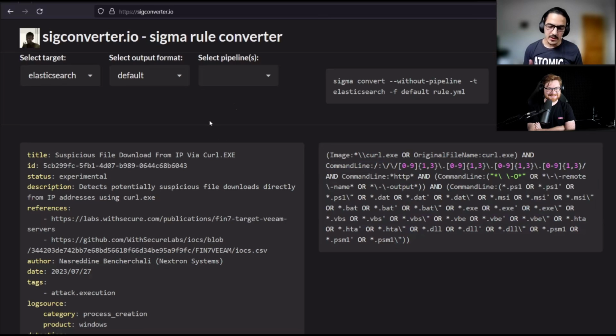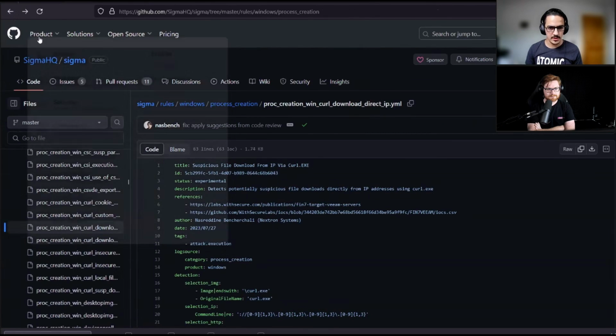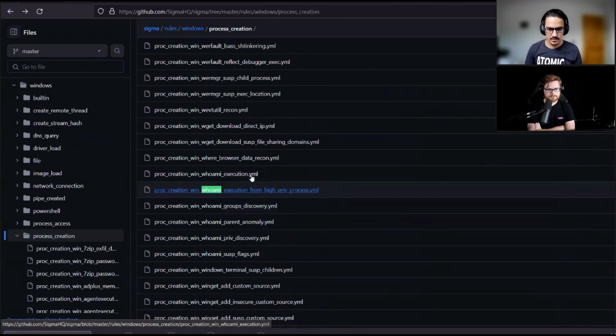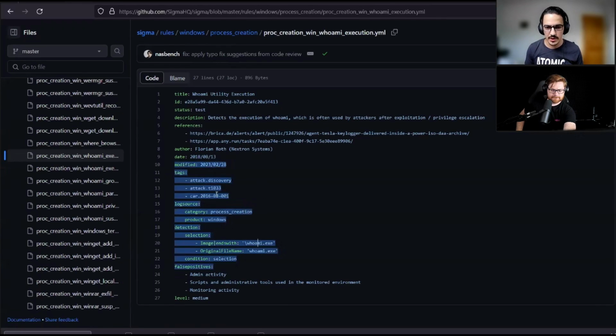Okay, so basically you can also test it locally. Say you're doing some research or some cool stuff. What you might want to do is go back to the Sigma project and find a rule called whoami, which is a very basic rule, I would say. As we've seen in the DFIR report many times, threat actors love to use it. Your administrator would also sometimes use it, but let's say you want to detect whoami usage.